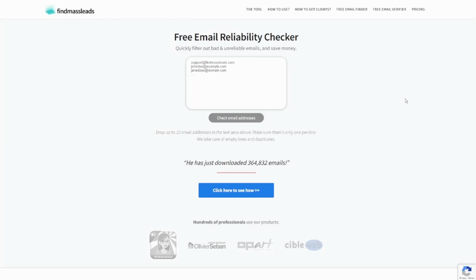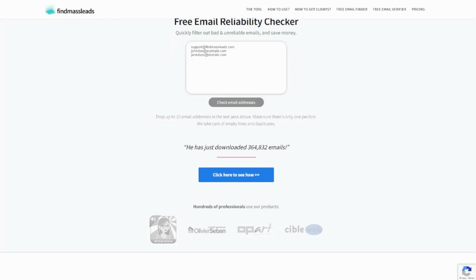Welcome to this free email reliability checker tool. What it does essentially is, when you want to send cold emails to an email list, you usually want to verify the email addresses. You want to make sure that they are deliverable, that there is not any syntactic error,